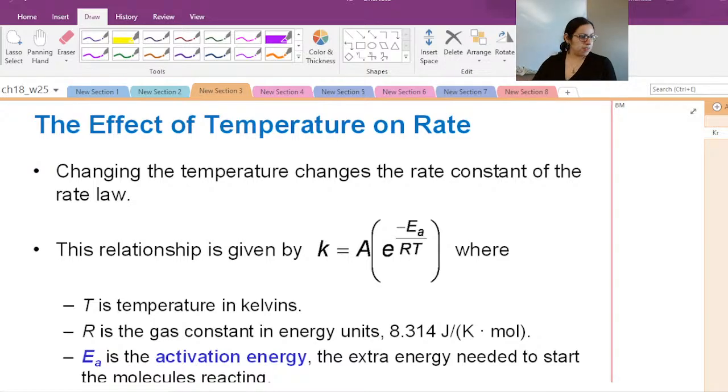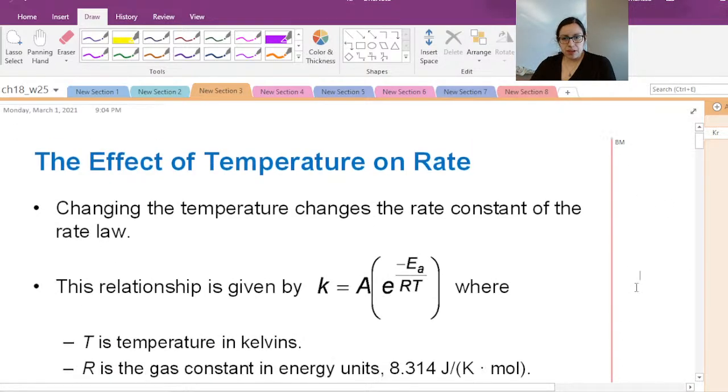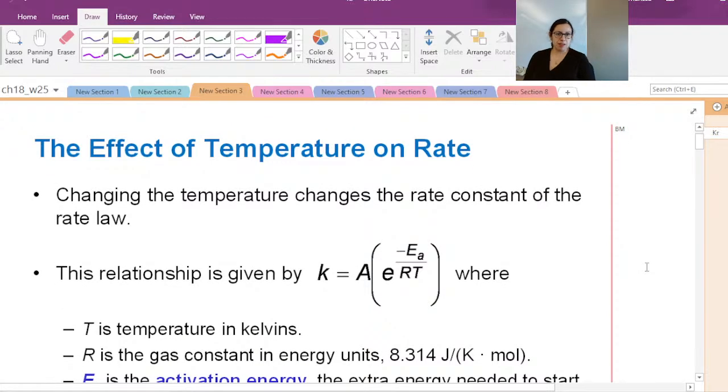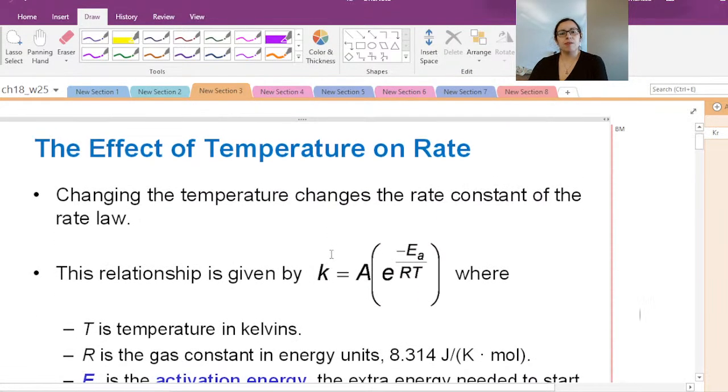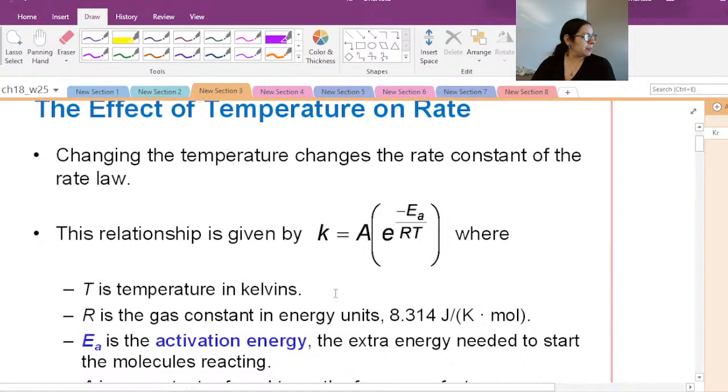All right, so this is important and actually related to lab today. I think this was actually teased back in chapter 17, the effect of temperature. Back then we just gave some vague generalizations, but now we're actually going to quantify that. And it's actually pretty powerful. So we have our Arrhenius relationship here.